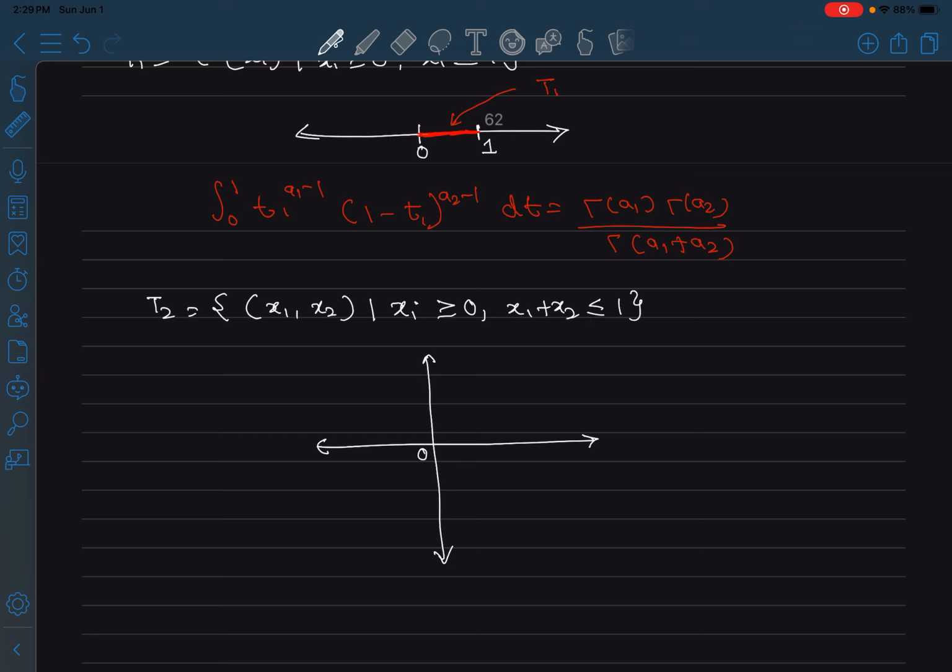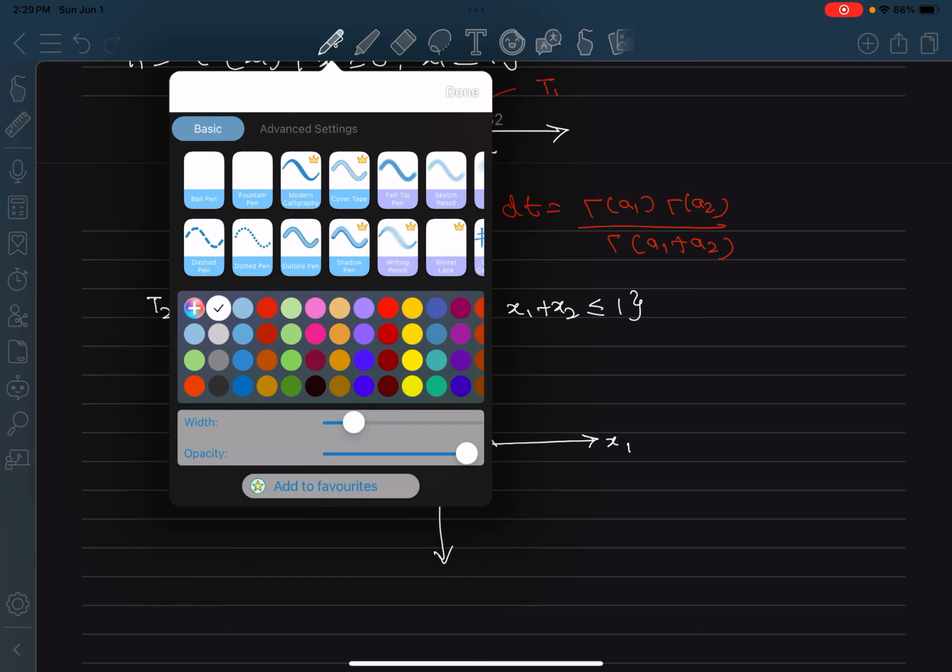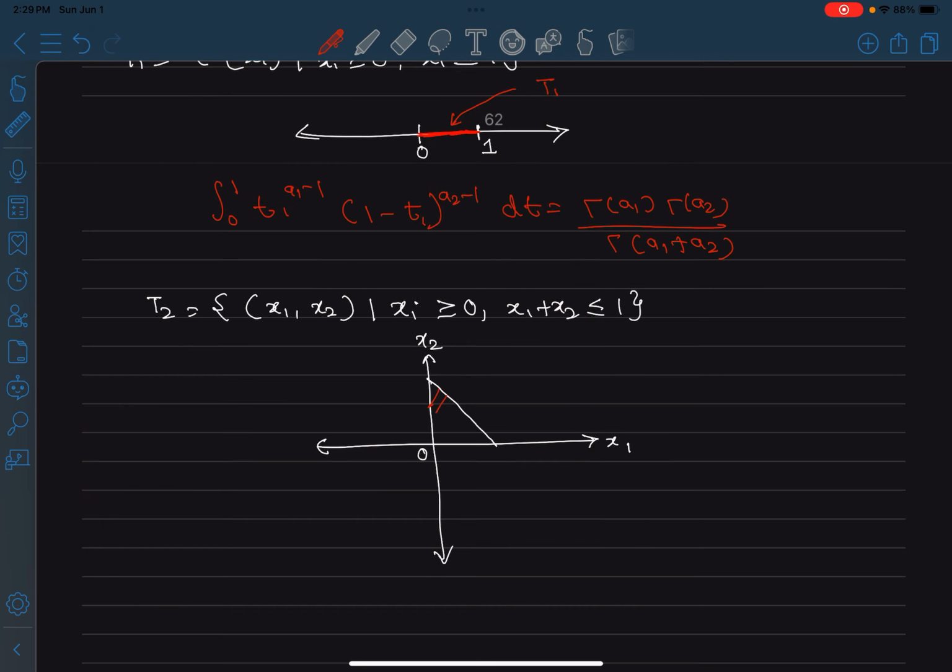So let's say this is the x1 coordinate, and this is the x2 coordinate. First of all, we can draw x1 plus x2 equals 1, which will be this line, and the origin satisfies this inequality, so all the points towards the origin from the line will satisfy that inequality,